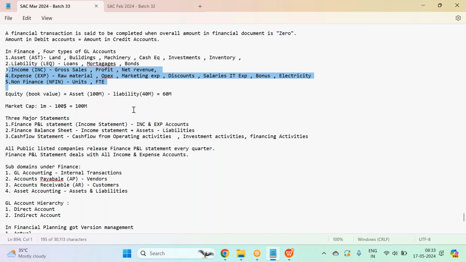Whereas the balance sheet, along with the income statement, also gives you assets and liabilities, and also how much we generated as cash, as profit, and how that profit is transformed into an asset. How the profits generated are turned into assets. So your balance sheet contains an income statement plus assets and liabilities. This balance sheet will contain all the 5 types of accounts, guys: asset, liability, income, expense, and